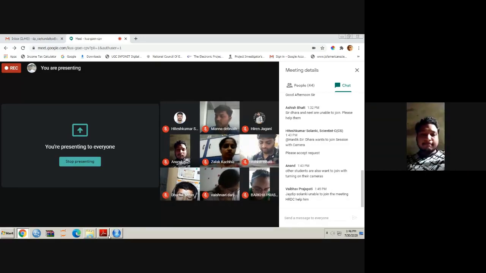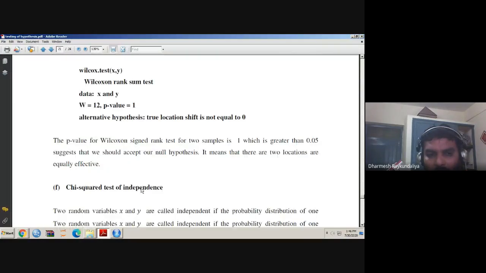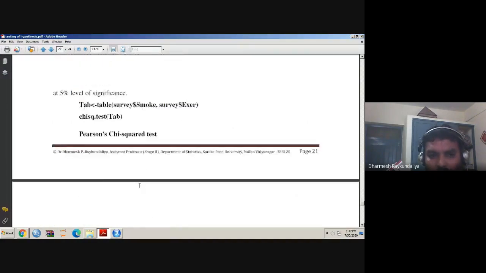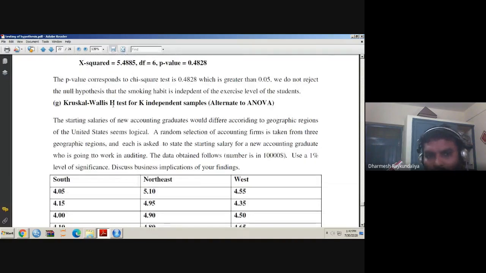Yes. Kruskal-Wallis test is an alternative for the ANOVA, and it is a test for K independent samples. When I say K independent samples, I mean I have K populations, and I am saying that the median across the K populations is homogeneous. That means there is no impact of the drug, no impact of the fertilizer, no impact of the mode of education when there are more than two categories. Here K must be minimum 3.